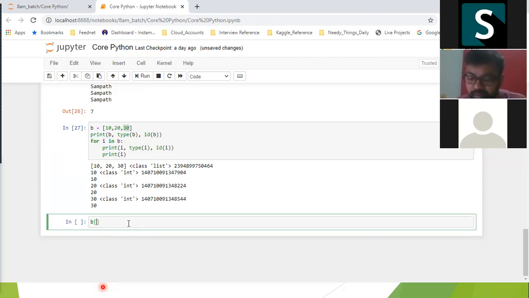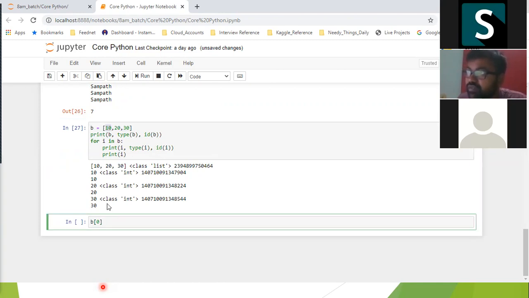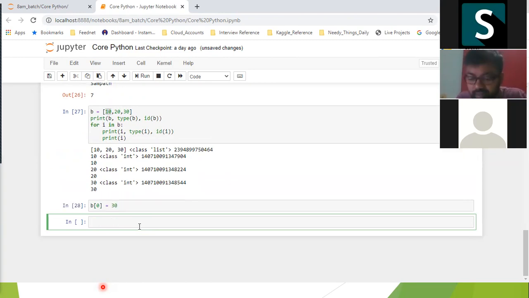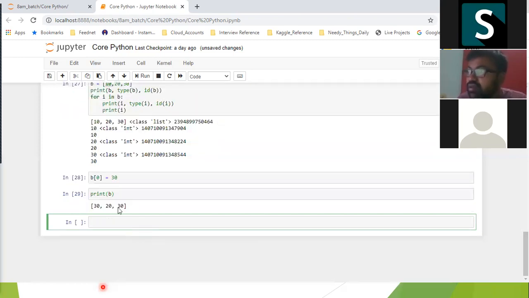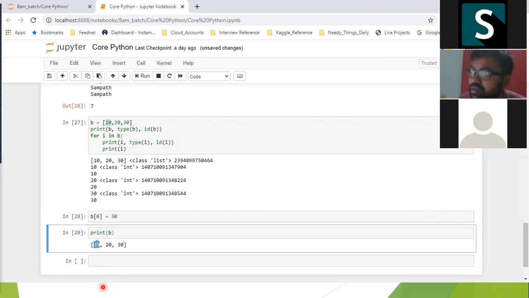So if I say B of 0, this object is stored at index 0 of B. I can alter that and assign another value, 30. I can cross-check again, print B, the value got updated.